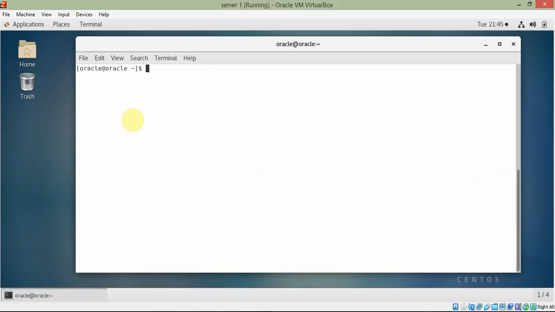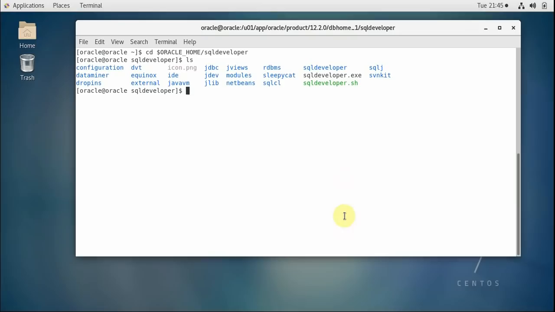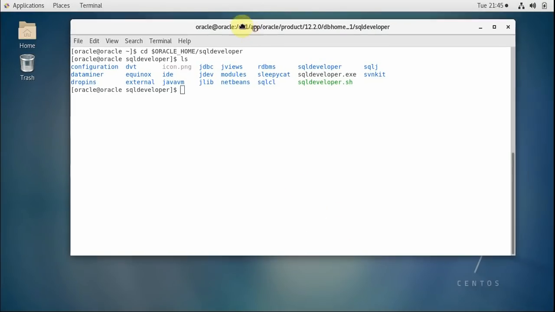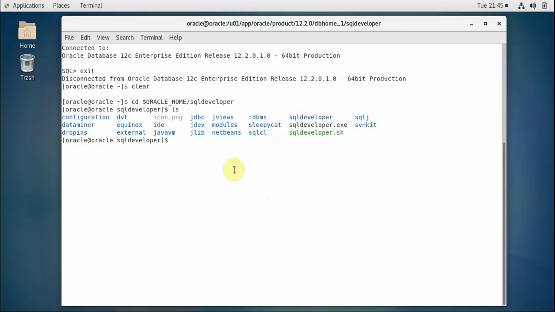Next, you have to go to the SQL Developer directory. CD Oracle home, ORACLE_HOME/sqldeveloper, and in this directory there is a script to run SQL Developer. We need to run the script. So let me run it and show you all these sample schemas and everything. Once the sample schemas are created, then we are going to play with it and work on it. Fine. So to run the script: sqldeveloper.sh.